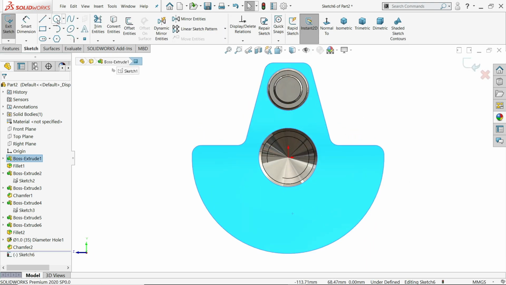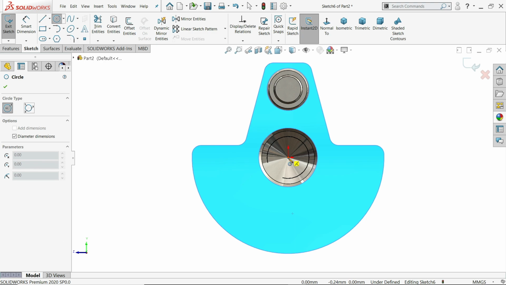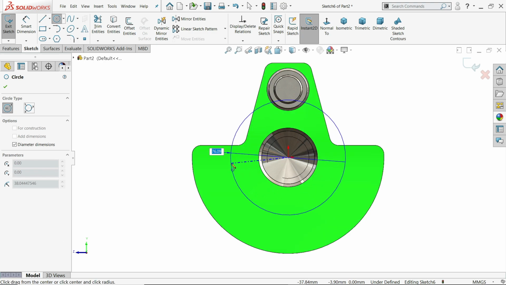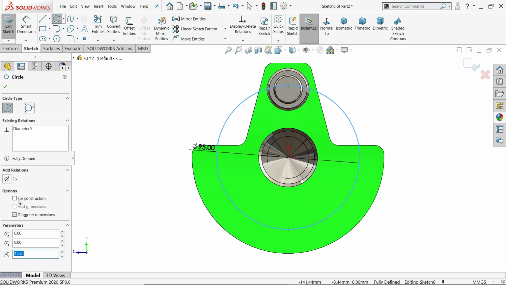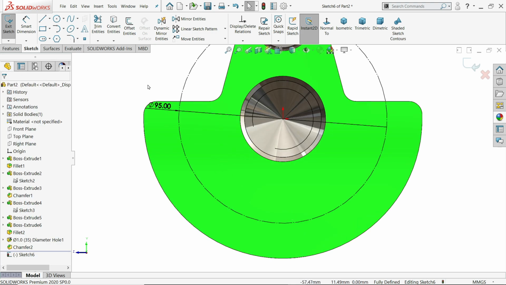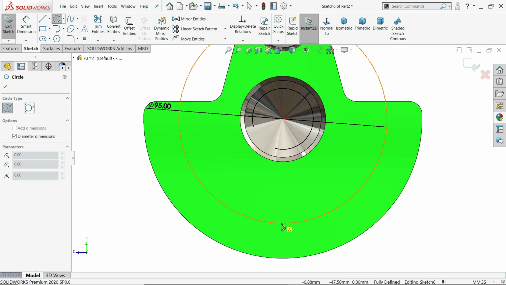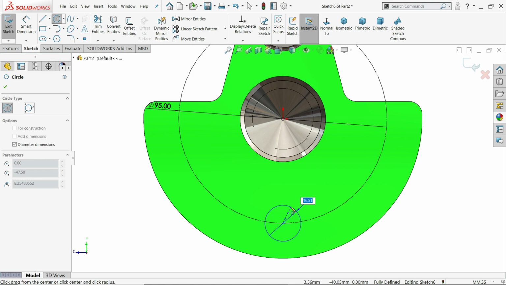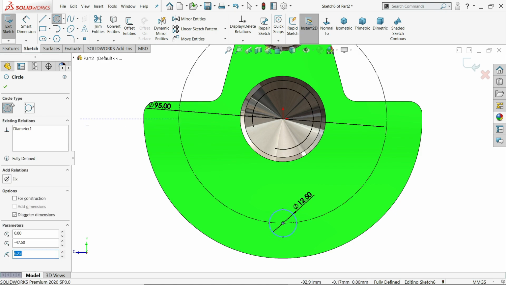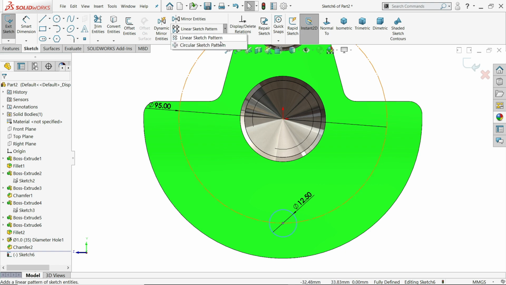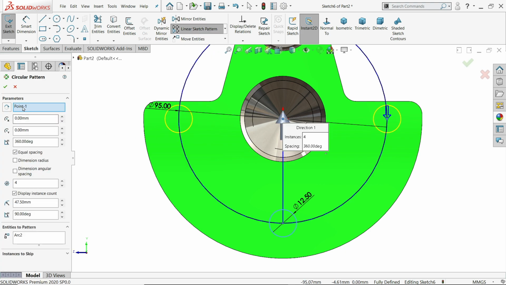Sketch, circle, and I'll draw one circle, and that is 95 millimeter. Click here for construction purpose. See, you'll find one point here, 12.5. Circular pattern. Now here point, we will select this center point. Angle 37.5.